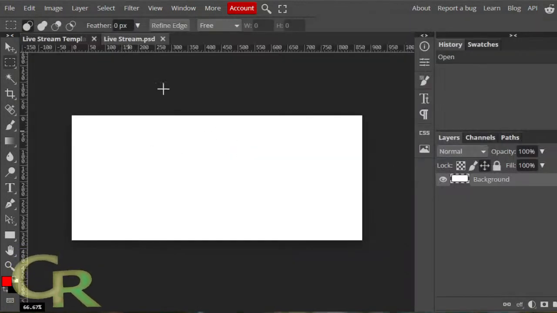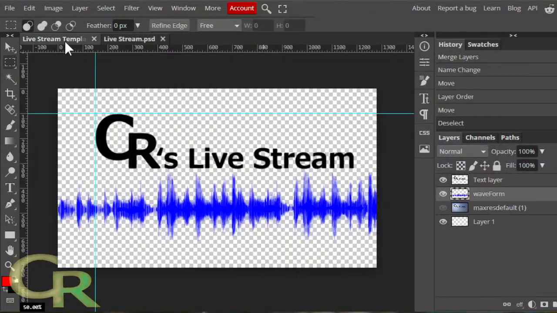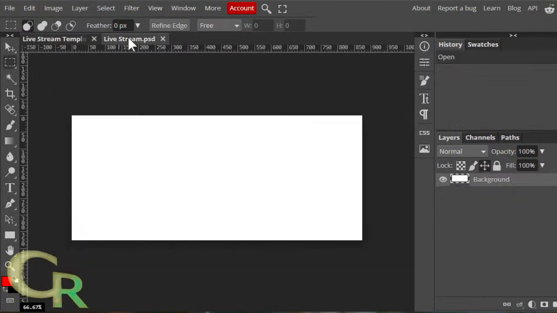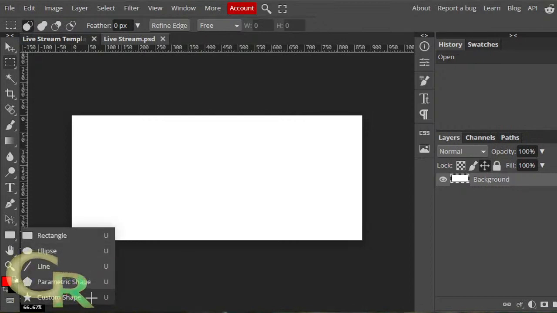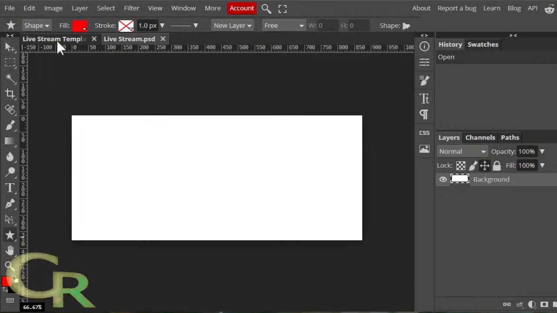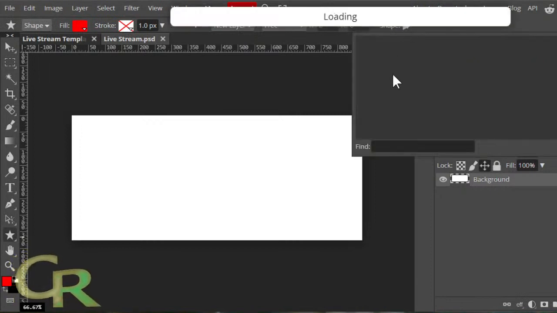I'll just create a new document here. I won't be saving this one currently. Go down to the shape tool, which is U. Right click, custom shape. Let's look for a shape right here.